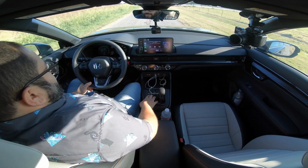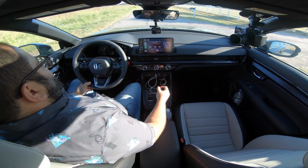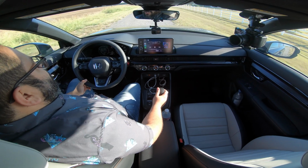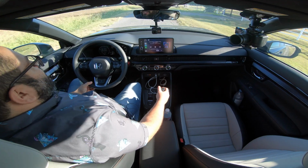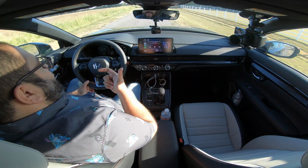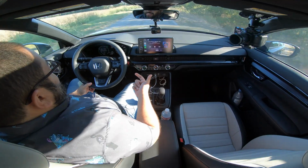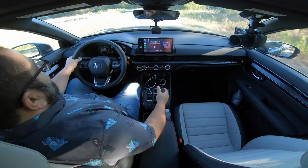So I'll go ahead and switch it over to the sport mode. And yes, this has a CVT transmission. They try to change it, EVT. Let's just say they try to hide the fact that this has a CVT, because I had to go through the specs on the website and really dig for what kind of transmission this was, how many speeds this has, and then finally I found the small print that says it's an eCVT. So yeah, and with that being said,